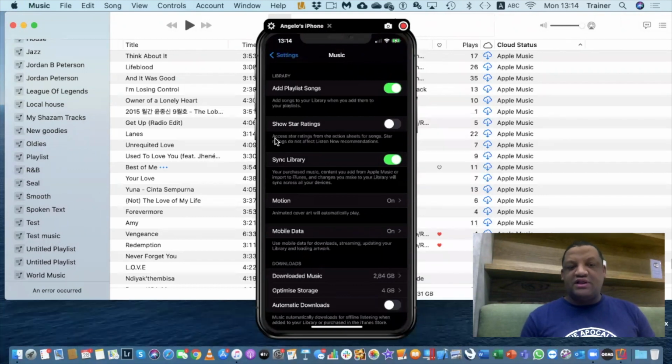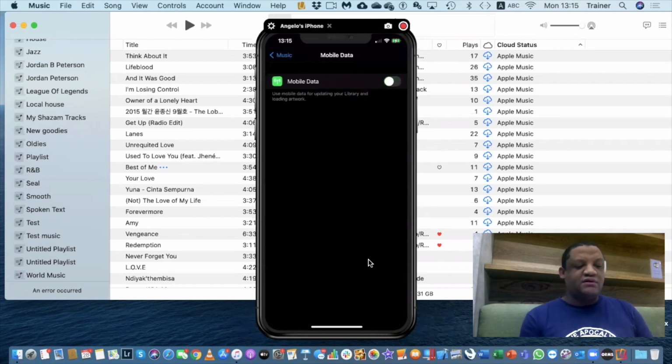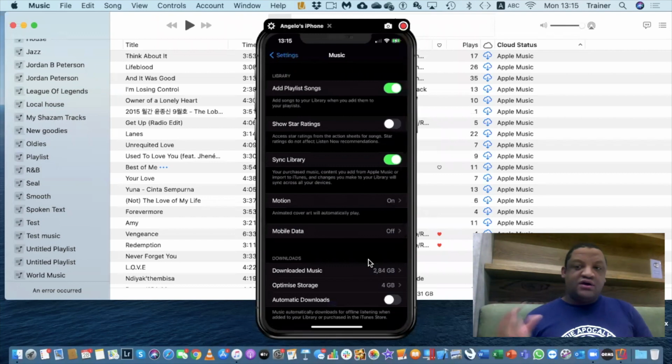Guys, I made a bit of a mistake and I ran out of data. And the reason for that is under here, I've specified that mobile data must be switched on. I only discovered it when I came to the office. So if you're running out of data every time and you're playing a lot of music, also double check this. Okay, so I'm just going to turn that off now as well. So it's only going to listen to my music that is not downloaded to my device when I'm on a Wi-Fi connection and not use my cellular connection. So pretty smart as well.